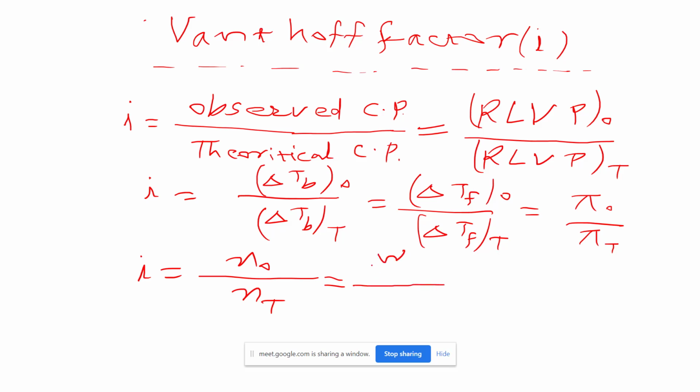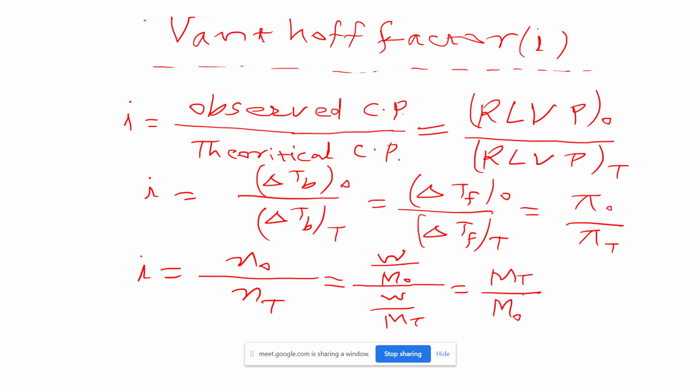So here we can write, suppose the mass is W and the molar mass here is known as the observed molar mass. Here the mass is again the same and the molar mass is known as the theoretical molar mass. So what we are getting here is the theoretical molecular mass of solute divided by the observed molecular mass of solute, or we can even say the molar mass of solute theoretical value upon the molar mass of solute observed value. And when these are different, if any solute is undergoing dissociation or association in a solution, then the observed molar mass will be different from the theoretical molar mass, and we get i not equal to 1. Okay, so this is the formula for calculation of the van't Hoff factor.